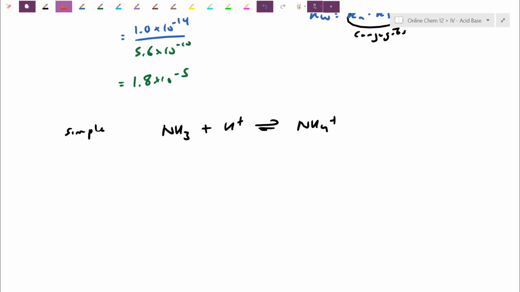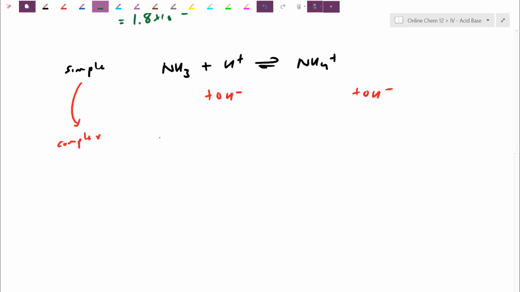Before we're ready to do an ICE table, it's super important on the base side that you write out the complex equation. On the acid side, you can still sort of get away with it, we can see H+, big deal, write it as hydronium. In this case, what it's saying is, yes, ammonia is going to steal a proton, but who does it steal a proton from? Writing the complex equation, remember on the base side, it's sort of like adding hydroxide to both sides. And therefore, what we're actually able to track when I write the complex form, NH3 actually steals